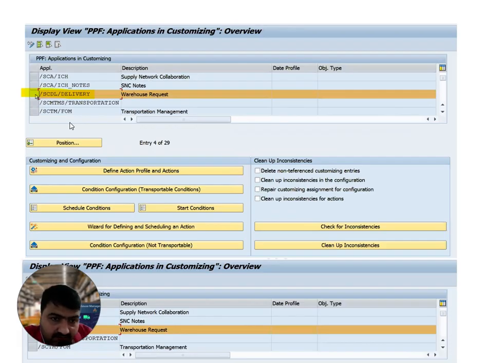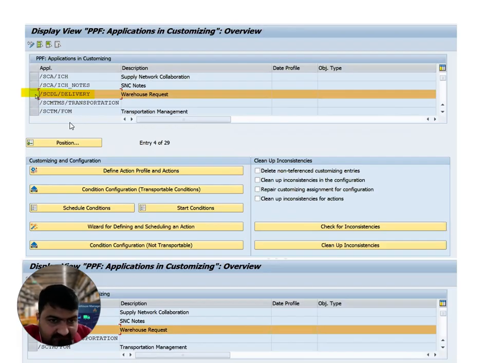So whenever we go to this transaction SPPFCADM, we select the application /SCDL/DELIVERY, the delivery warehouse request, because inbound delivery, warehouse order and warehouse task come under the warehouse request. So we are going to process inbound delivery or outbound delivery.